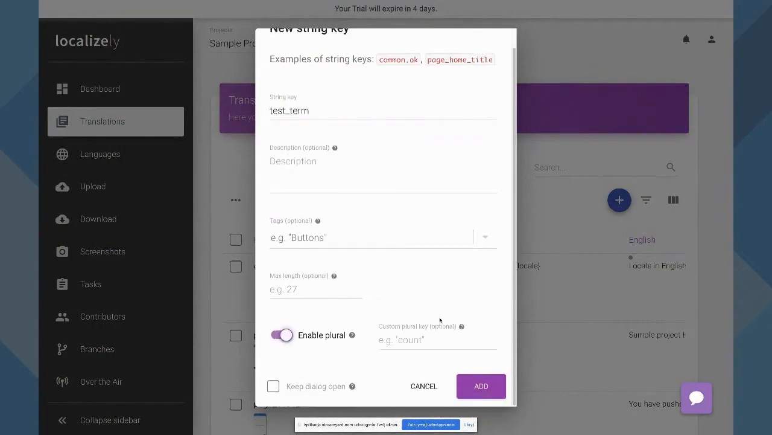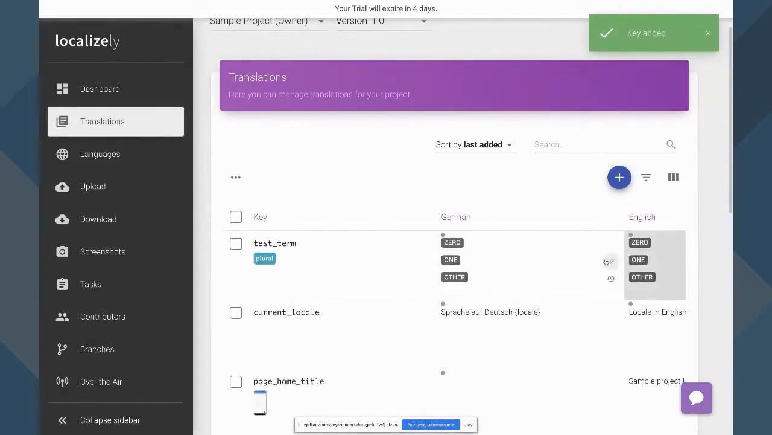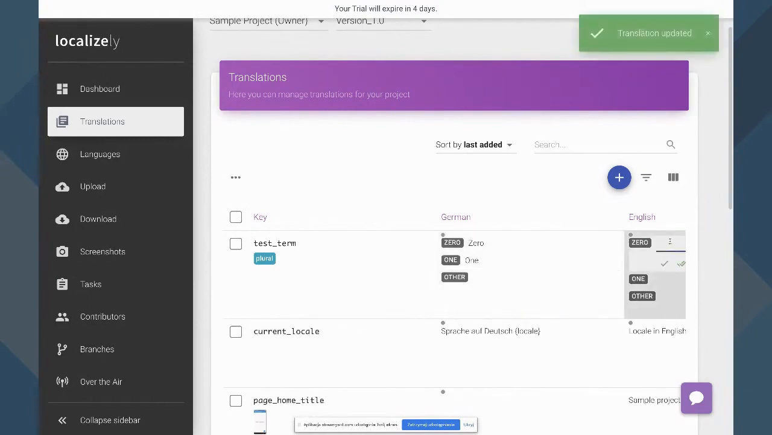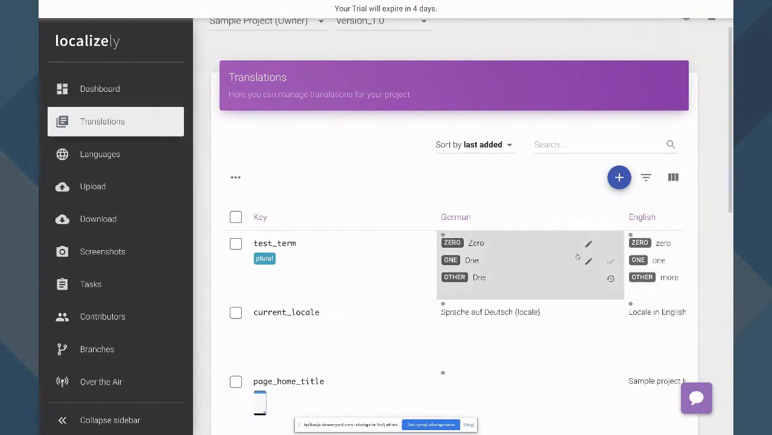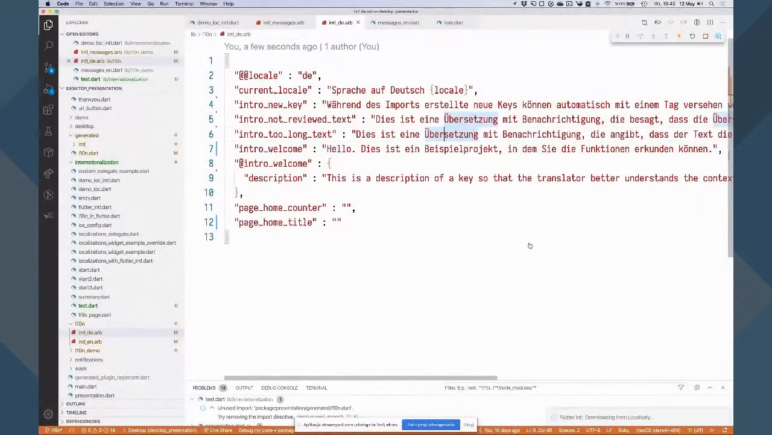And let's enable the plural support. German and English have very similar ways of plural forms, so maybe not too good an example, but for instance, in Polish, we have multiple forms of plurals. Oh, actually, it should be in German, yeah, but actually it doesn't matter right now. I added some dummy terms, and if I go to my VS Code and download my ARB files,